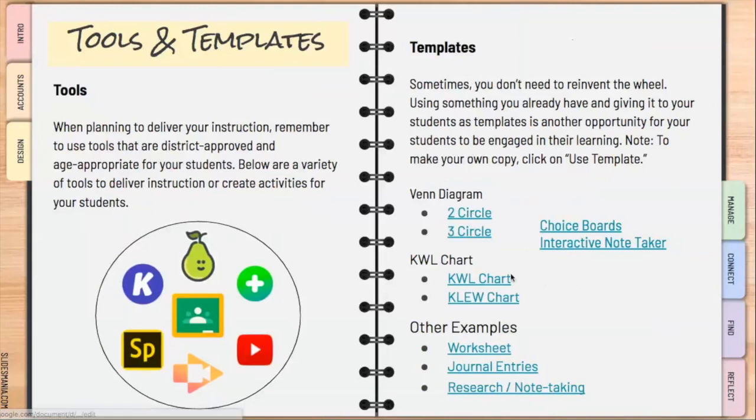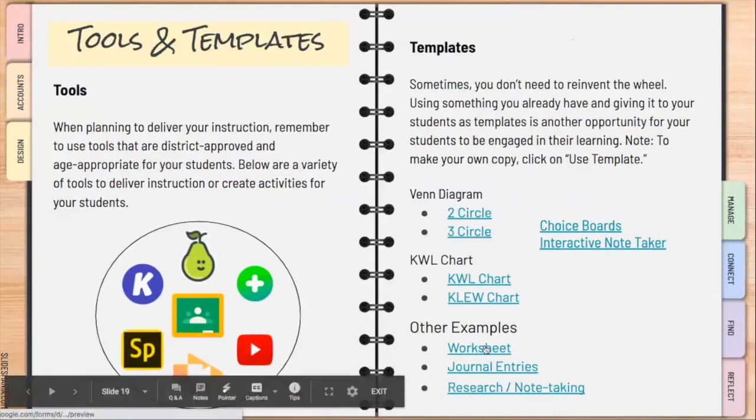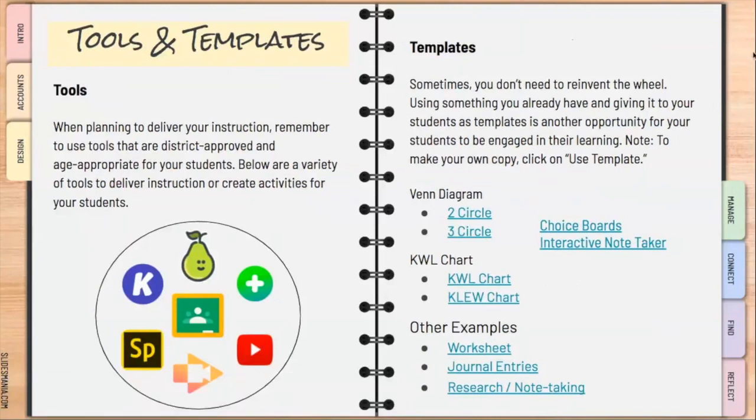On this slide in the presentation, you will have at your fingertips templates available for you to use in instruction. Ultimately, again, remember the goal of our instruction is to focus on the strategy and the content, and then to use the tool or the template to supplement that.